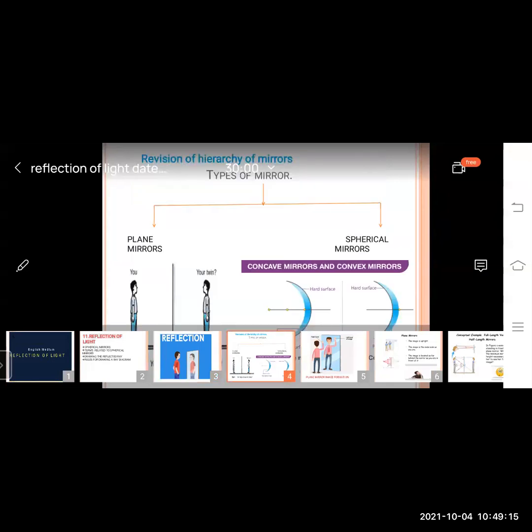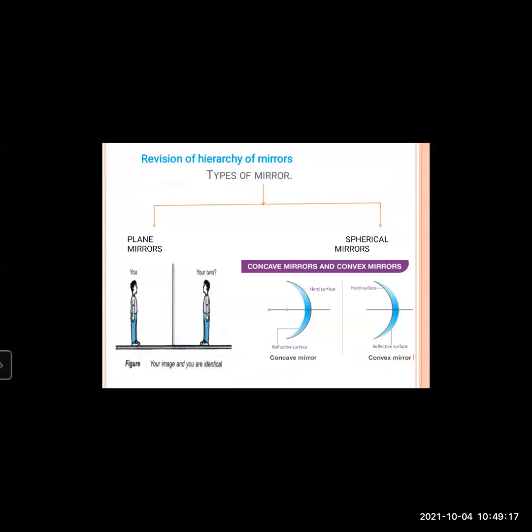After this, we are going to see the types of mirrors which make this reflection possible. Okay, so there are basically two types of mirrors, plane mirrors and spherical mirrors. Understanding this is very important. If you understand this basic concept very properly, you will be able to understand the formation of images, and there will be no need to learn these charts by heart. You will be able to observe all the objects and their images very properly.